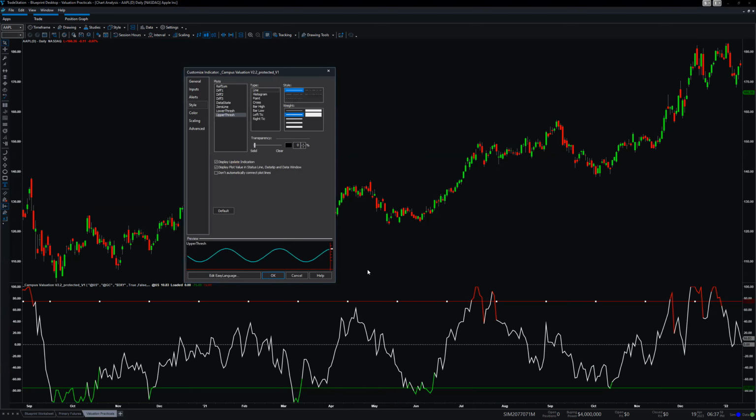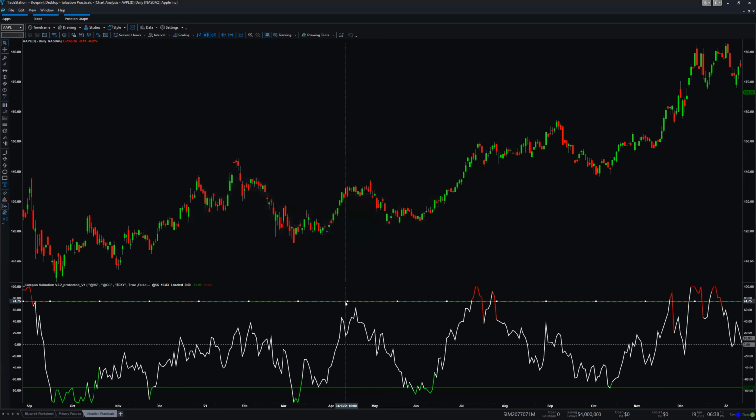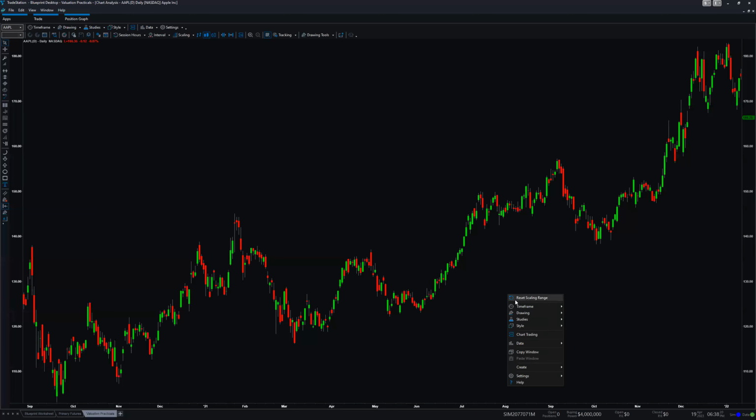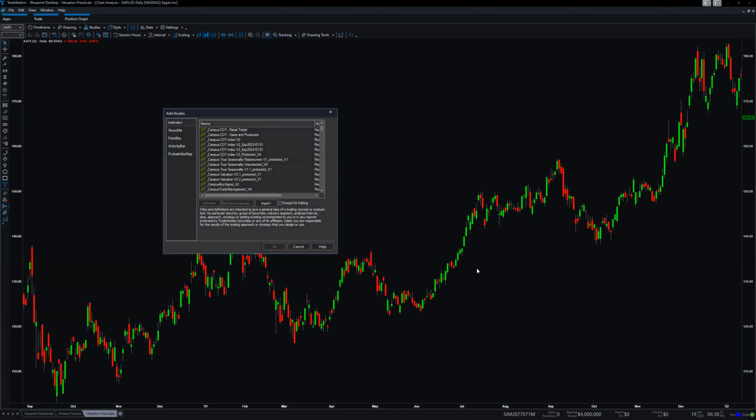That doesn't mean that this is anything more than visual. You can set it up however you want. You could make this magenta, you could make this pink, and this is up to you. But if you want to have it aligned to me, then these are exactly the settings that I have. So you click default here. Okay, now if I remove it, and I'm adding this again,